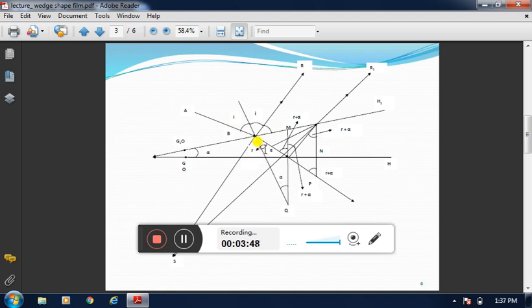Dear student, this angle is r. This is alpha. What is this angle? This one is pi minus (r plus alpha). Then what is this angle? This angle is total pi, and this angle is pi minus (r plus theta). Then this angle is r plus theta. Then it is reflected along this direction. Obviously this angle is also r plus theta.